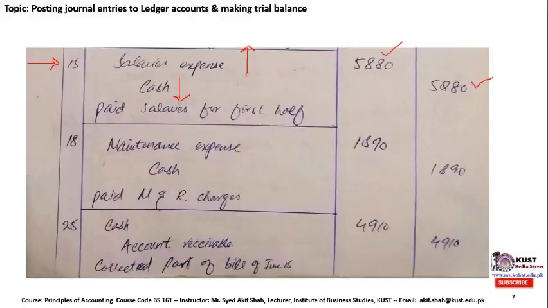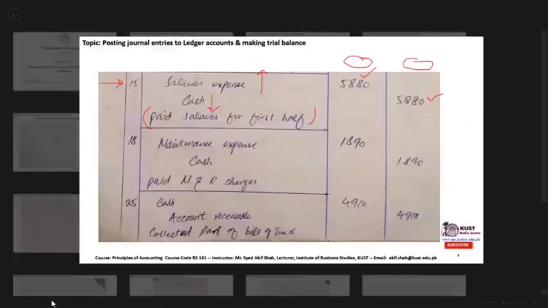Because of the space limitation, here I have omitted the account titles mentioned as a debit entry and a credit entry. So basically this question is in continuity to the previous slide. Finally, we have to make a short narration that we have paid down salaries for the first half. Let's move back to our next transaction